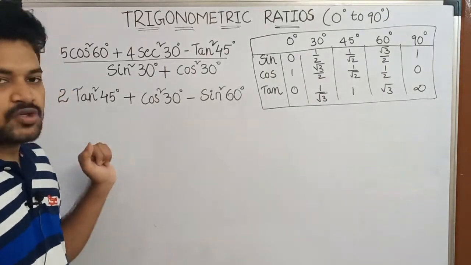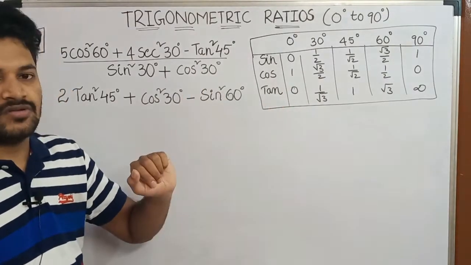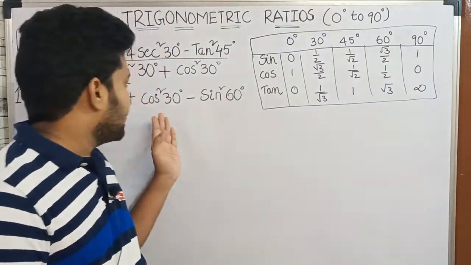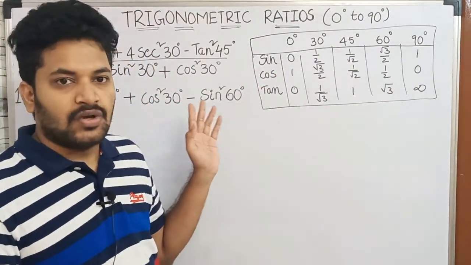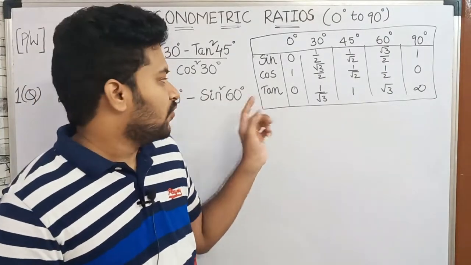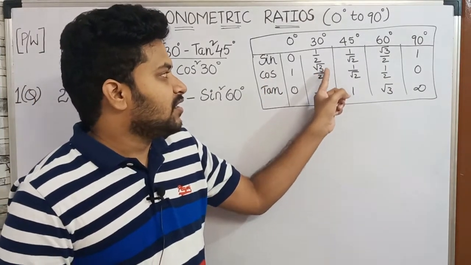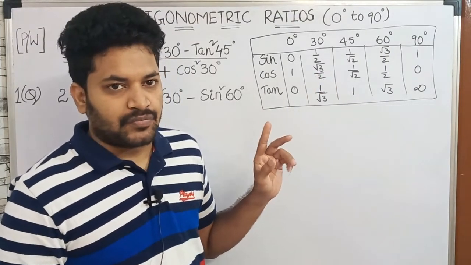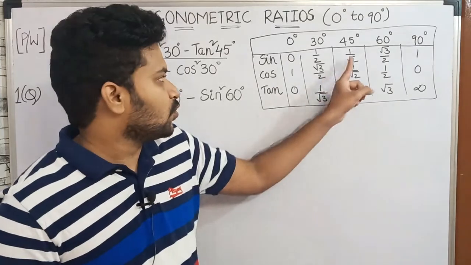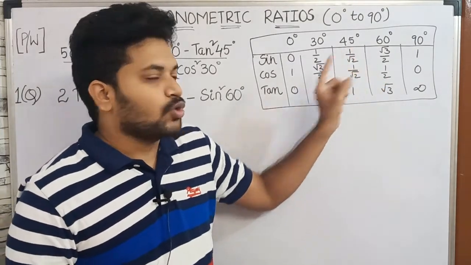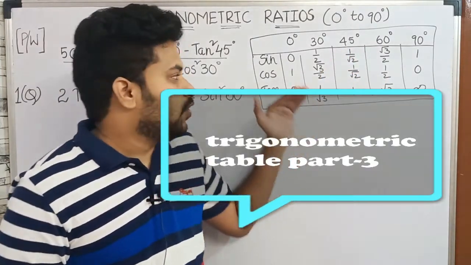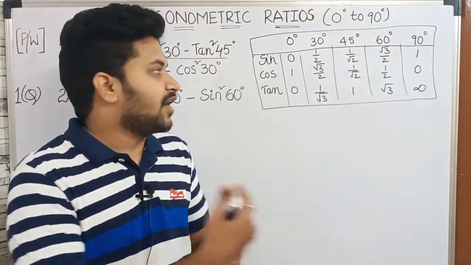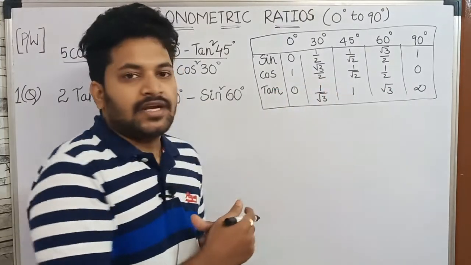So before doing this, what should you think about? You should think about these values. Why am I giving only sine, cos, tan? If you have any secant or cot value, say you want the secant 30 value, we should go to cos 30 and just reciprocate that value. If you want a cosecant 45 value, cosecant means sine, so go to the sine 45 value and just reverse it. Root 2 by 1, nothing but root 2. So if you remember these three, it is enough for these sums. Since we are in the starting stage, we are writing the table for you.